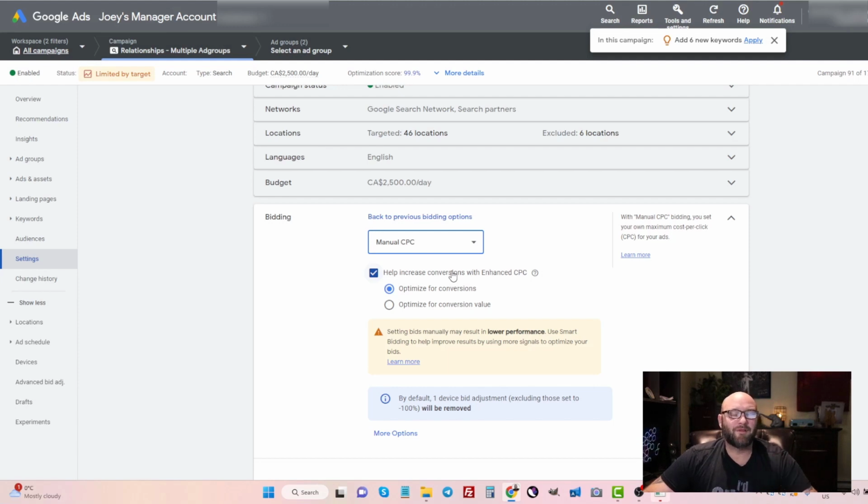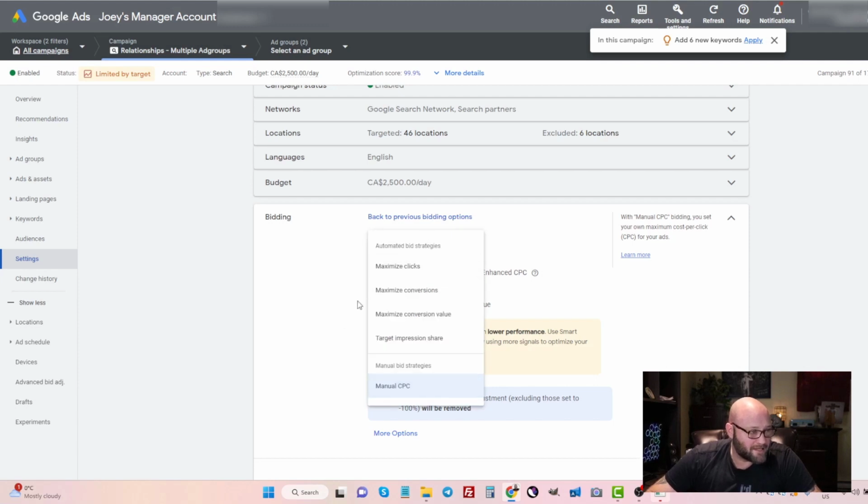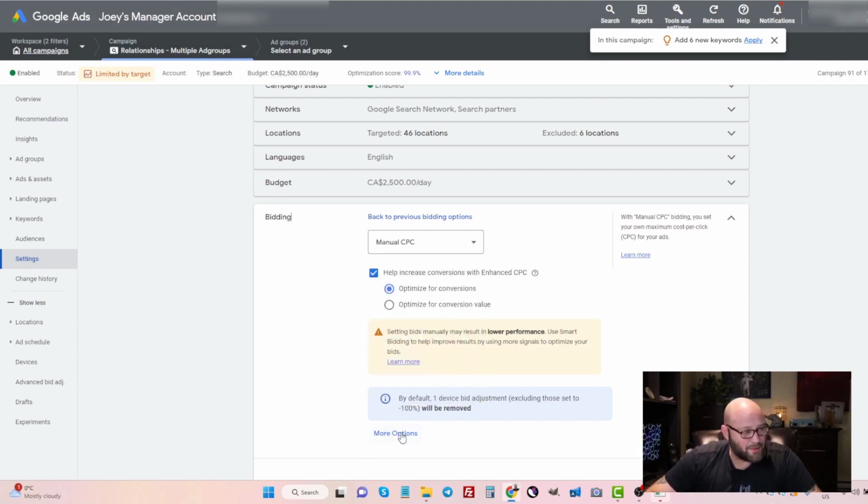Oftentimes when I start, I will either do a manual cost per click or enhanced cost per click until I have at least 30 to 50 conversions. Then once that happens, then you can switch to a more automated targeting strategy like target CPA or maximize conversions with a target CPA or return on ad spend, target ROAS. All of these are available here, and as you change your options and stuff like that. So that is one trick to making sure you get the bid strategy correct and you start running your tests. The last thing you're going to want to do once you've got at least 30 to 50 conversions and you've